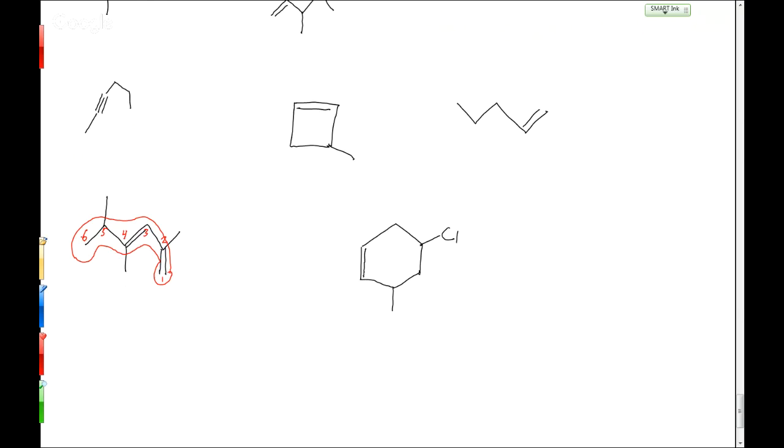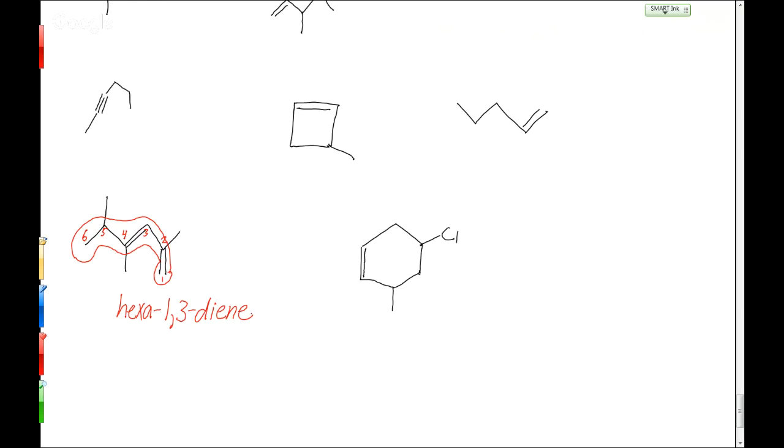So instead of hexene, this one's going to be hexa-1,3-diene, to show that there are 2 enes on 1 and 3. Now, this is not something that's in the book. This is not something that will be on the exam, but that's how you deal with it when there's 2